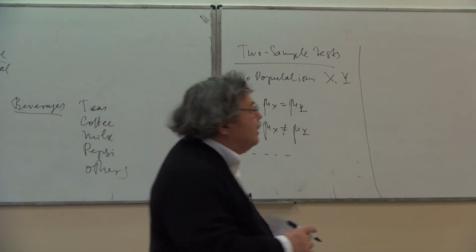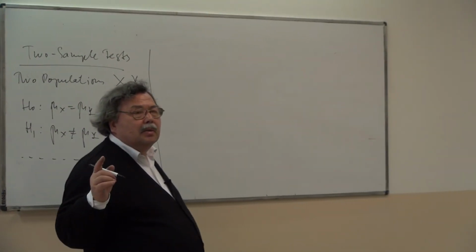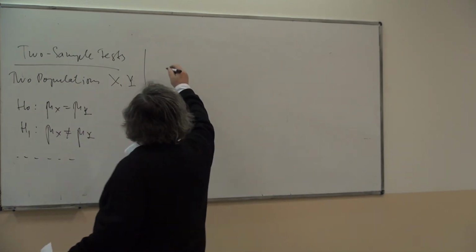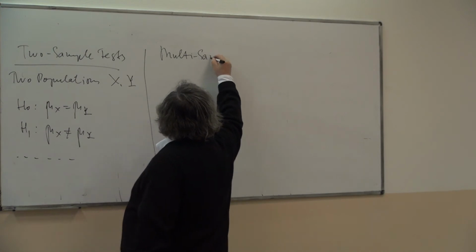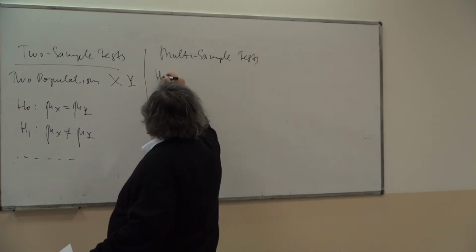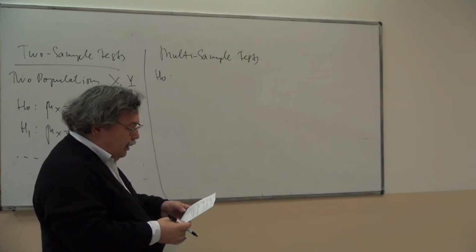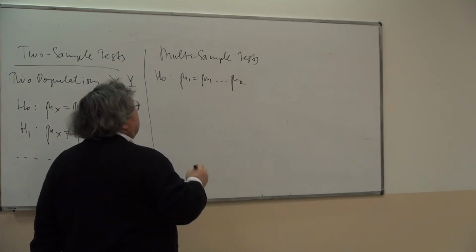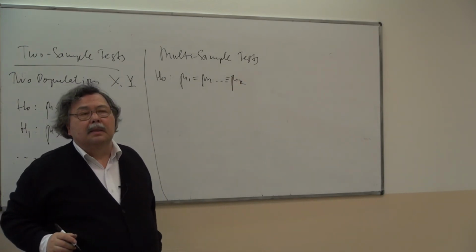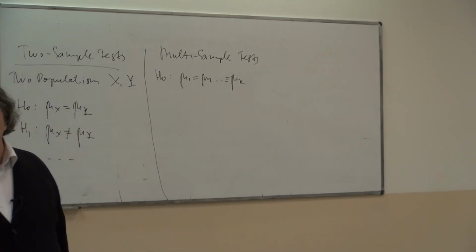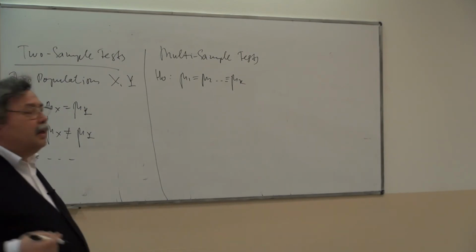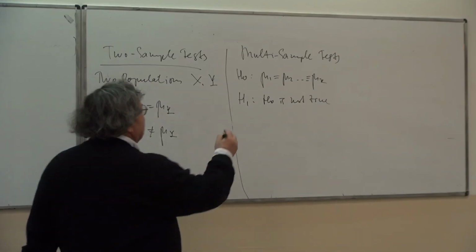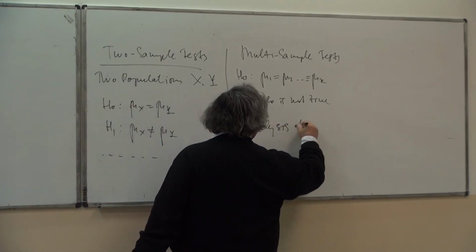Also, we can do multi-sample tests. Well, actually, this lies beyond the scope of our elementary course, but it's a very important thing. Multi-sample tests. Suppose you have not two, but a greater number of populations, and the null hypothesis H0 can be this: is the mean the same in all these populations, or the alternative hypothesis is that the mean is not the same, H0 is not true. Well, this one, analysis of variance,